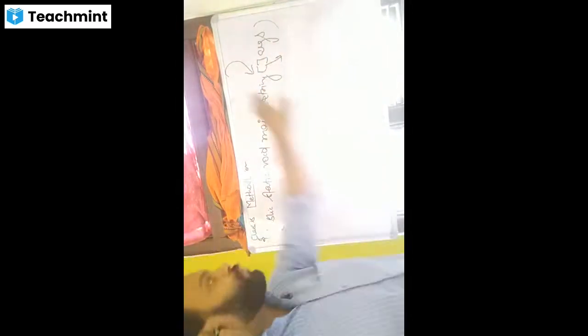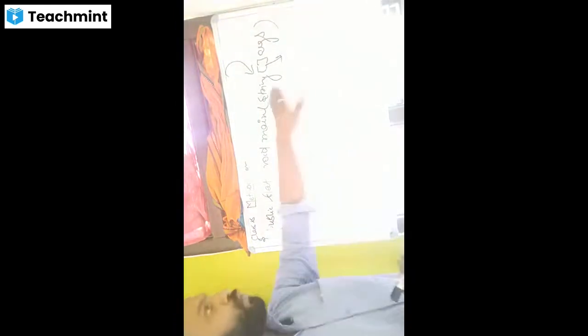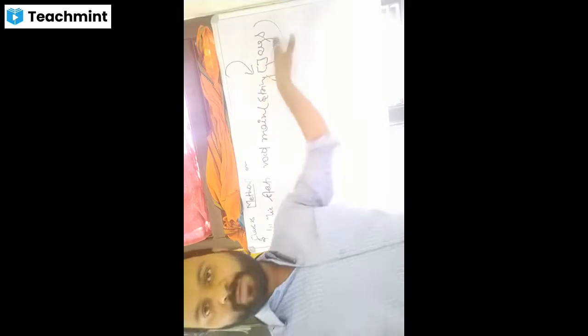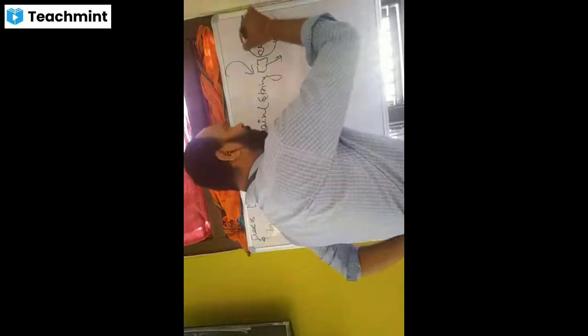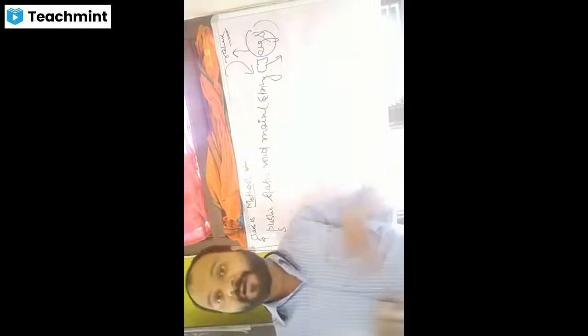Actually, in BlueJ, even if you don't write this statement, you can work with that. There is no issue, because BlueJ is made for beginners, for the learners, and for student beginners. So here, if you don't write a string argument, there is no issue at all. But apart from BlueJ, if you use any other IDE, integrated development environment, then we need to use this string array argument. Actually, this is the object name. You can write your name also here. I can write my name also. It will work, because this is only an object name that holds the values that we pass from the console or from the program. Understood?